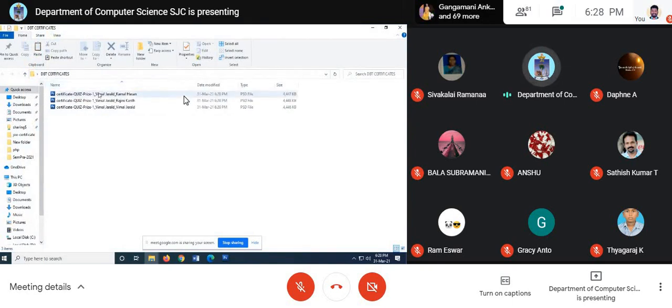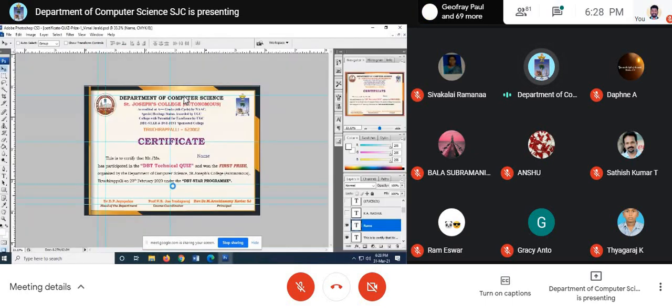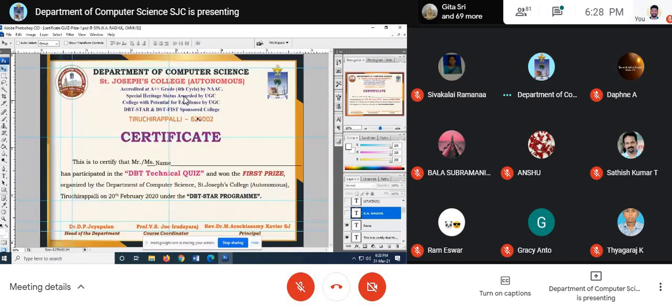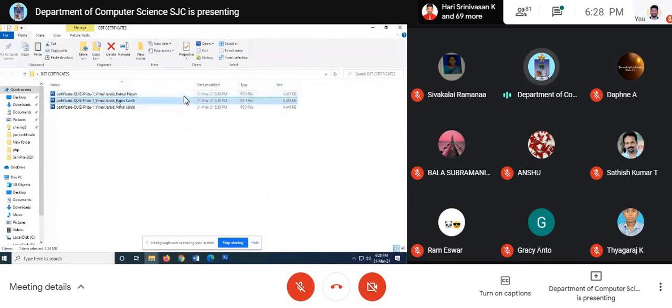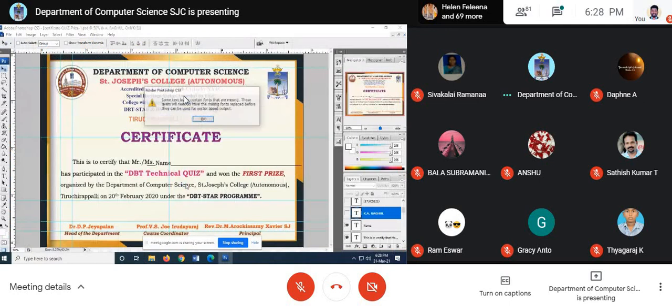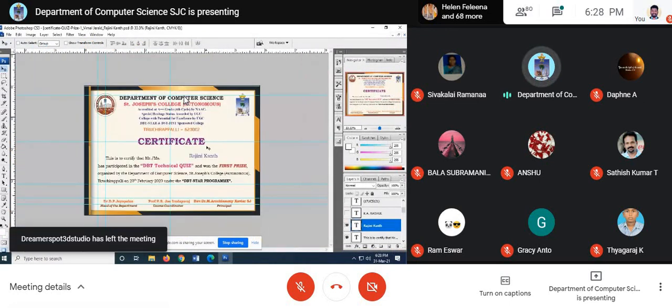One certificate is for Vimal Jaral, another certificate. See, I just click over the certificate and I get a Photoshop file. Look at here. See, Kamal Hassan. This file is for Kamal Hassan. See, the variable has come. And the second file, I just opened it for you. It is on the desktop. See here, this is for Rajinikanth. See, I've got the file for Rajinikanth. Am I clear to you?